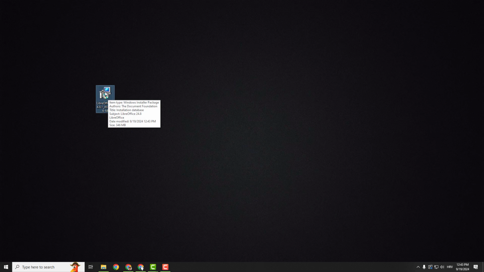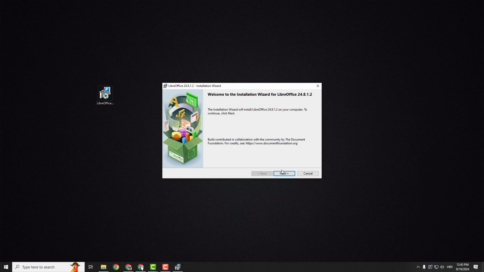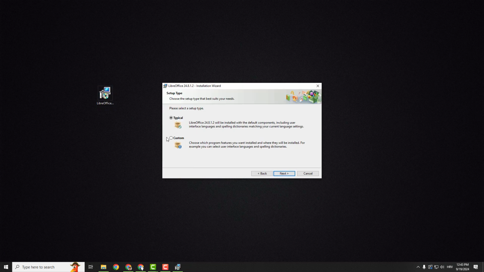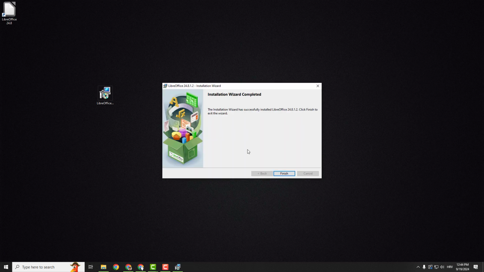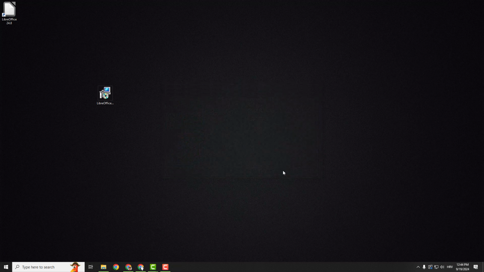You can see over here this installer package, so just double click it, click next, and you can go with a custom, but we'll go with typical and go next. And we want to create a shortcut on our desktop, and you don't want to load LibreOffice if you have a slower computer because it will slow it even more. So just click install with this create shortcut on desktop, and after installation is complete, just click finish, and you